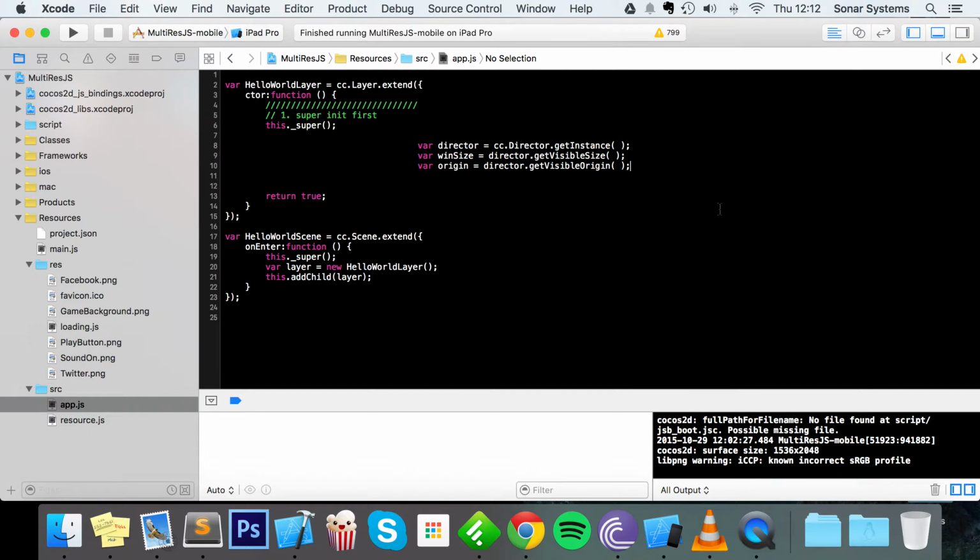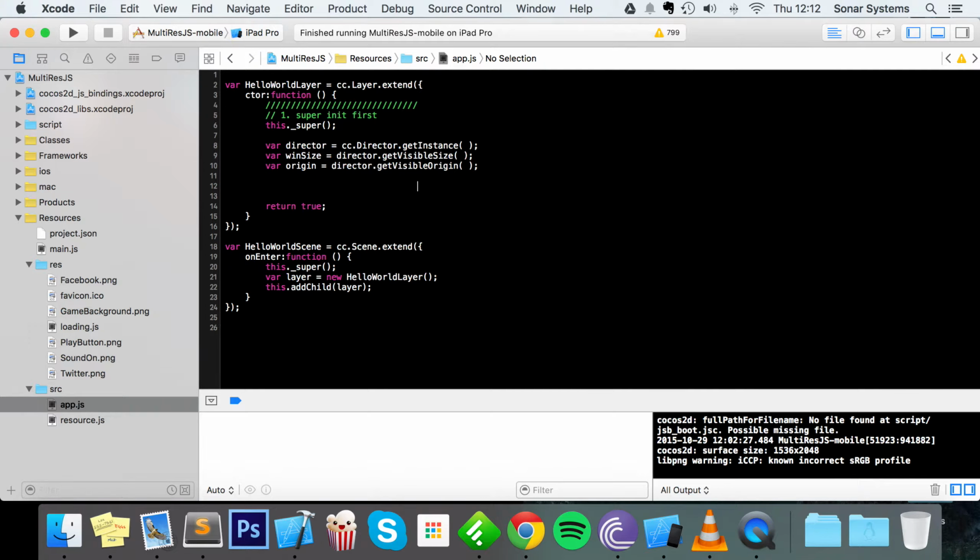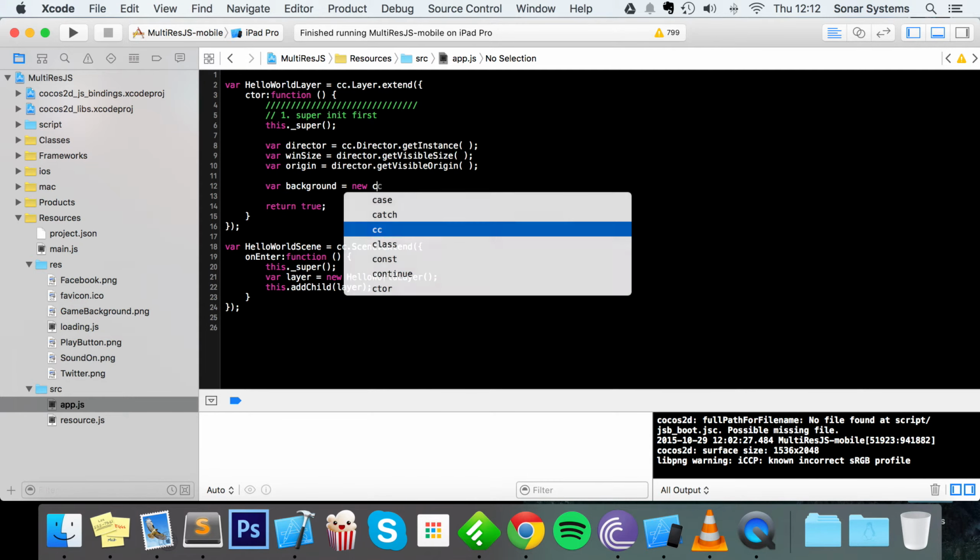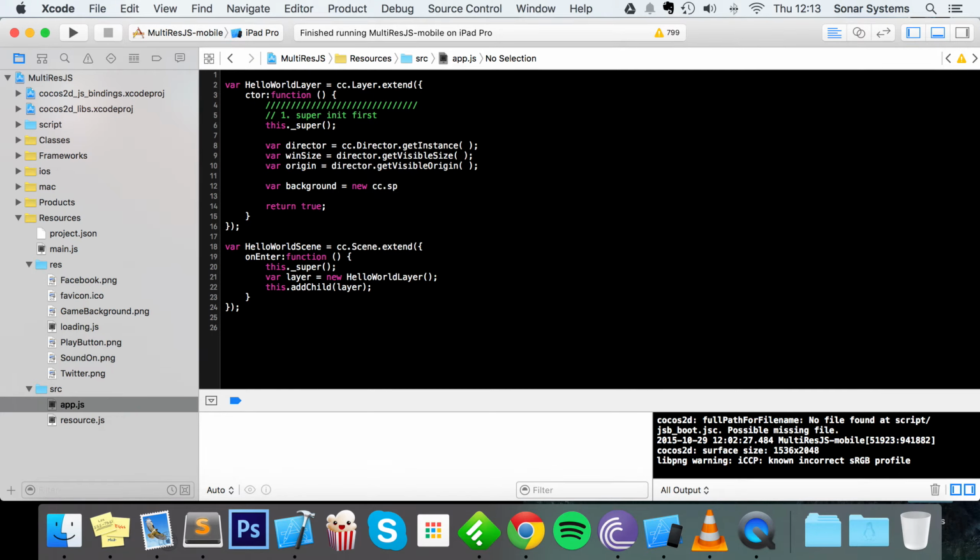So what we're going to do now is just sort out the code formatting. The code formatting in Xcode for Cocos2d-x is terrible. It's so horrible, but you've got to soldier on. So first of all, we're going to do var background equals new cc.Sprite,